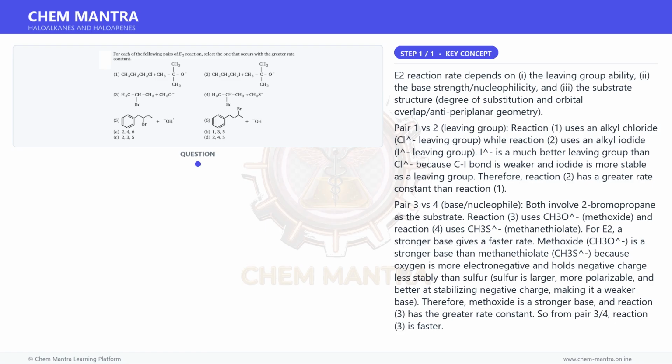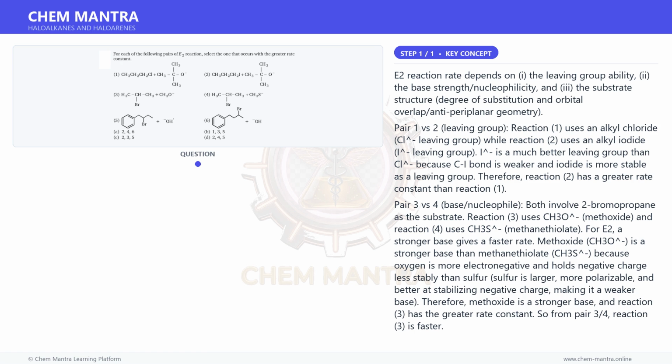In reaction 5, elimination would form a double bond between the benzylic carbon and the adjacent carbon, giving a styrene-type product conjugated with phenyl, whereas in reaction 6, with Br at the benzylic position, elimination would also give a styrene-type